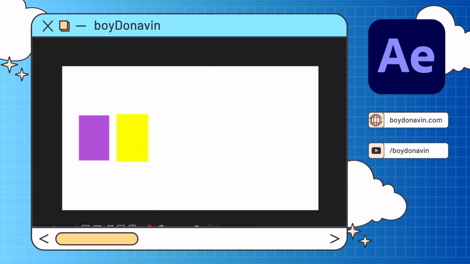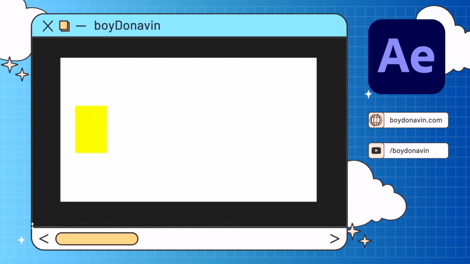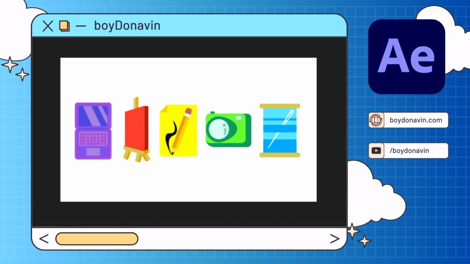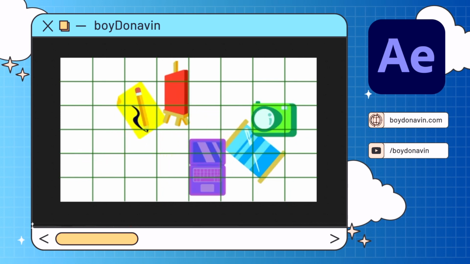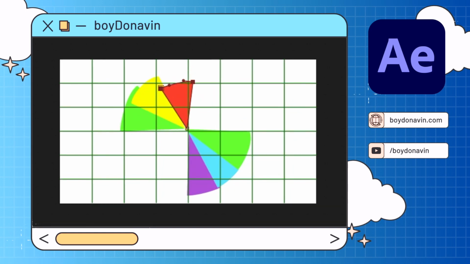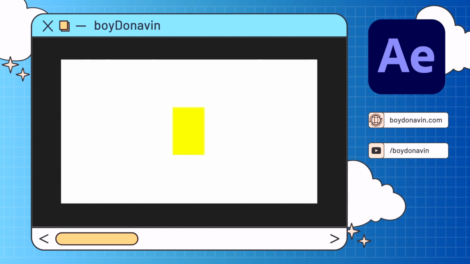Most of my transitions are all about matching the cuts between objects that are moving from one position to the next, or objects that are shrinking and growing in size for like this nice pop effect. Matching the cuts just means that the objects look similar, so like my yellow rectangle with my sheet of paper, they will transition between one another seamlessly because the color and the movement will guide your eye to believing that the one transformed into the other.